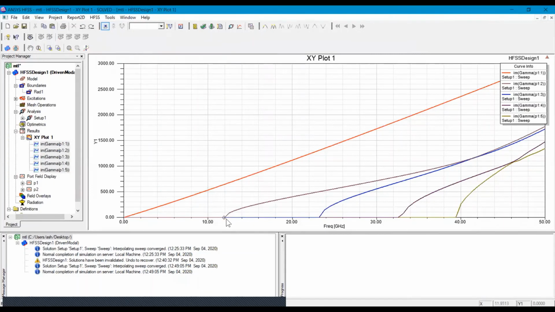The first propagating mode is at approximately 12 gigahertz, then 23, then 32, and 39, or approximately 40 gigahertz. So here we can see that all the higher modes are propagating through the microstrip line, and if we want to avoid the higher order modes, then we have to resize our port dimensions.